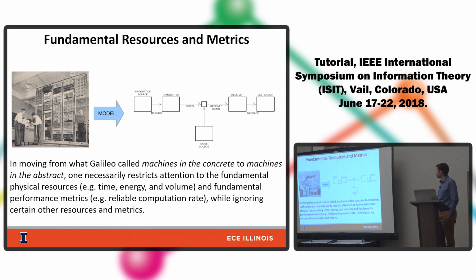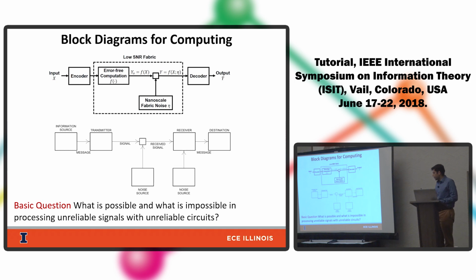We want to move from what Galileo called machines in the concrete to machines in the abstract, restricting attention to, say, a block diagram, where there's attention placed only on fundamental physical resources like time, energy, or volume, and fundamental performance metrics, some notion of reliable computation rate, and ignoring perhaps other things. Okay. And as Naresh had introduced, one block diagram that we've come up with for these nanoscale computing fabrics is